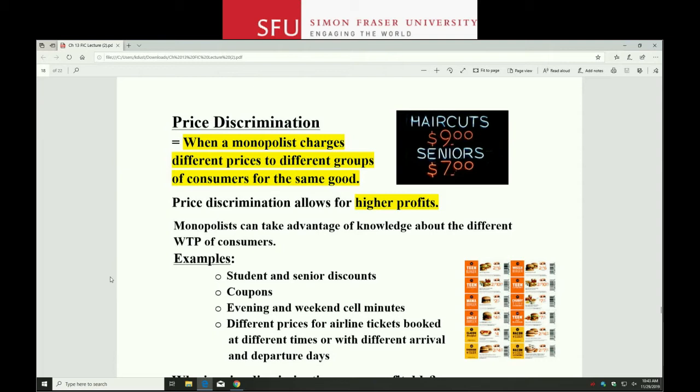But if you're talking on your phone during the week, during the day, then it's more likely some sort of necessary call, like you're calling to make an appointment, for example, right? And so then they know that your demand is more inelastic. And if your demand's more inelastic, it means you're willing to pay higher prices and you'll still talk.